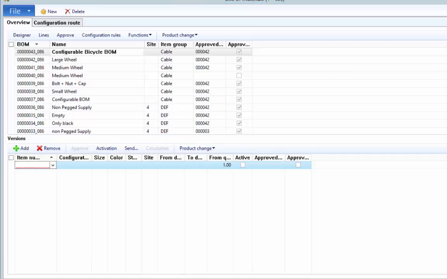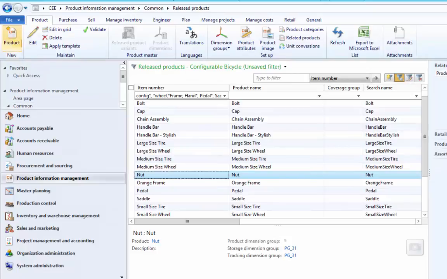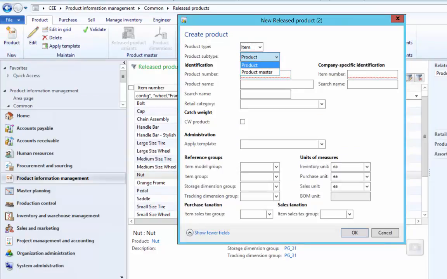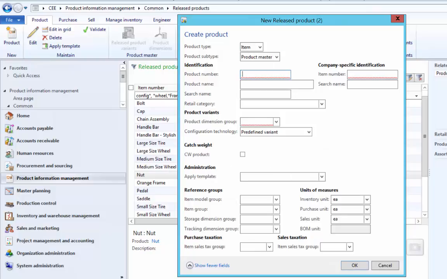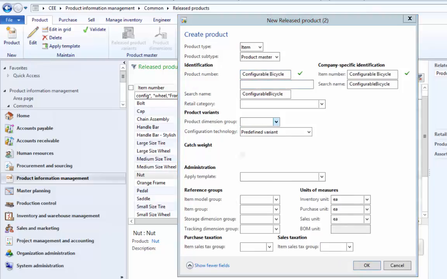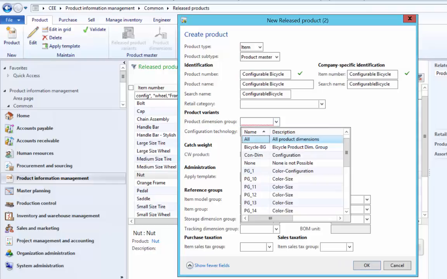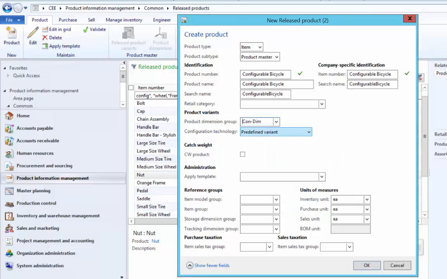So in order to create a product, we'll go to the release product form and create a new product. Here it should be a product master type, configurable bicycle, and here you can give a configurable bicycle name. Here we should select the product dimensions having a configuration dimension active. And so far we have used the predefined variant, but in order to work with the configurable BOM, select that